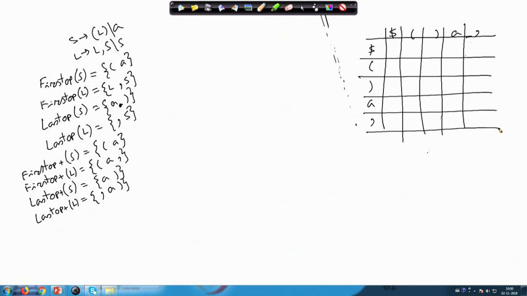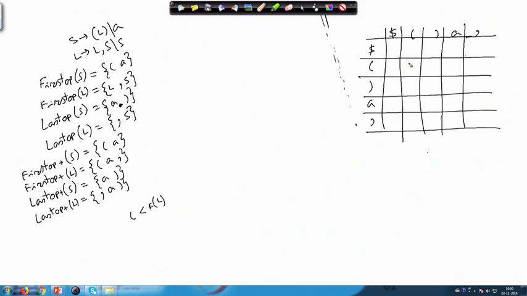Now, if we apply the first rule, we have ( L. So, whatever you have in first plus of L, ( should be less than first of L. First plus of L has got ( and a and comma.